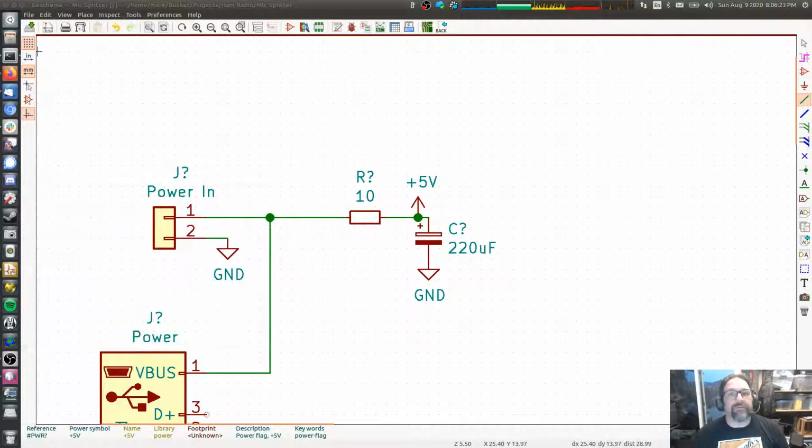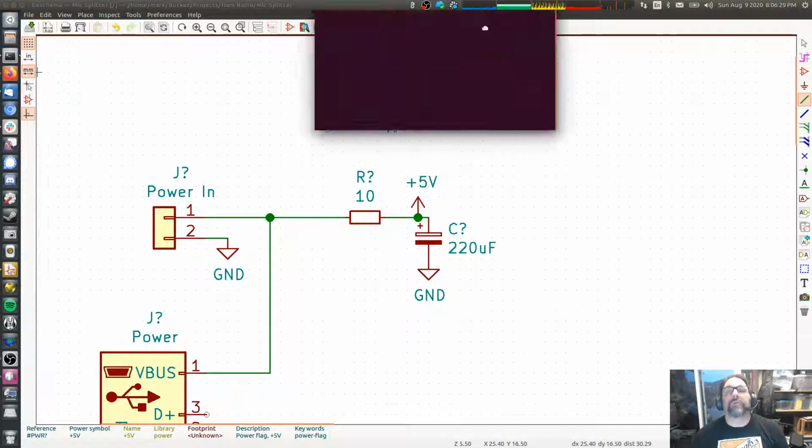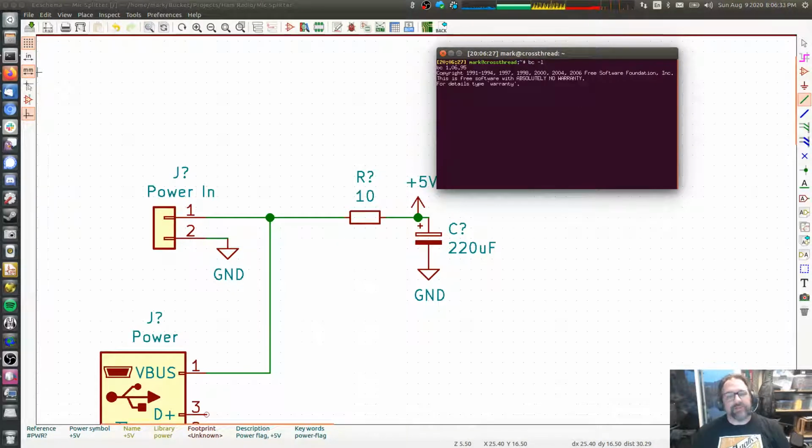I'm old school. 1 over 2 times 3.14 times R, which is 10, times C, which is 220 microfarads. So that would be 1 millifarad. That would be 1 microfarad. And then I want 220 microfarads. Yes. So 1 over 2 pi RC. I have a better way of doing that on my phone, but you can't see my phone, so I'm going to do it here. 1 over 2 times pi times R, which is 10 ohms, and C, which is 220 microfarads. That's going to give us our frequency